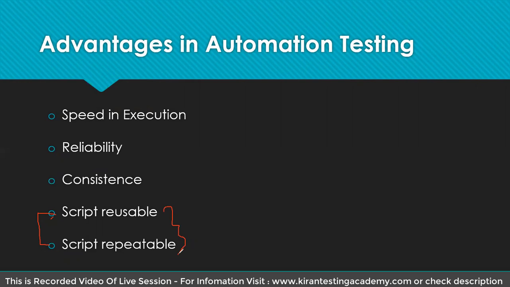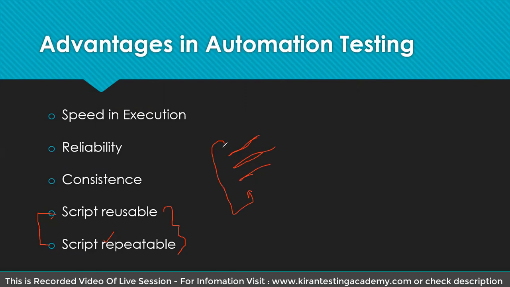Let me talk about repeatability. Repeatability means the same thing. Assume that I want to test an application with 100 sets of usernames and passwords. This is a script to write the username, this is a script to write the password, this is a script to click on sign in, for one set of data. So we got 3 lines. For the next set of data, do I need to write 3 lines again? If you have 100 sets of data, do I need to write 100 into 3, that is 300 lines of code? Not required. You can write the code only once, and write some loop statement.